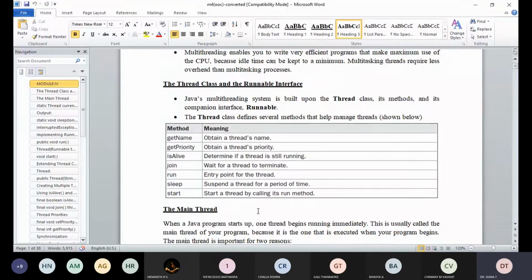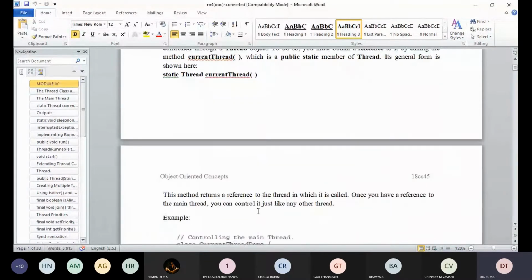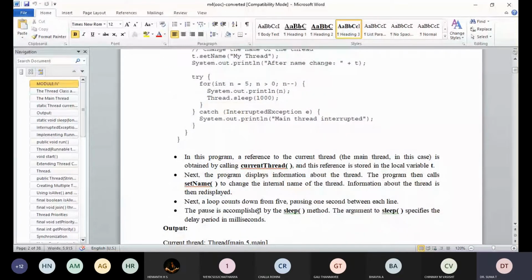Okay, so now we have built-in exceptions. Like a thread class also has some methods which are going to define and manage the thread. So I told you about a main thread, right? When a Java program starts, that main thread automatically starts executing. And I told you about public static, why we are going to give public static and all, and the main method, so we're going to define the above program.